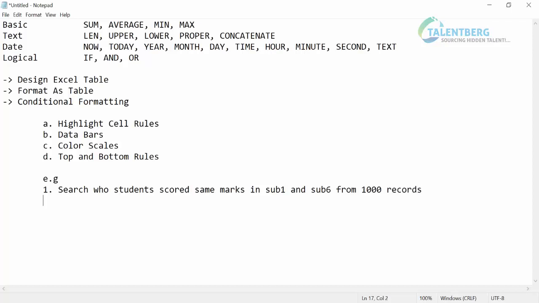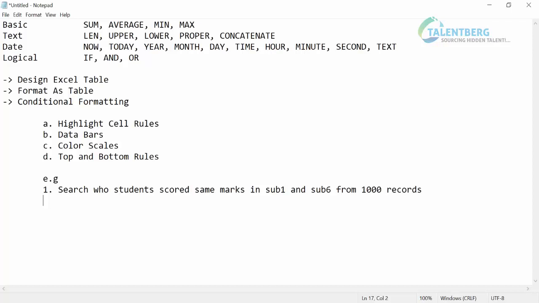You are actually going to read only the records of students who scored the same marks in subject 1 and subject 6. So if I open any worksheet and ask you, without any color scale, to check which students scored the same marks in subject 1 and subject 6, it will take a lot of time, and you may not be 100% sure that you are reading through all the records correctly to separate the records who scored the same marks.